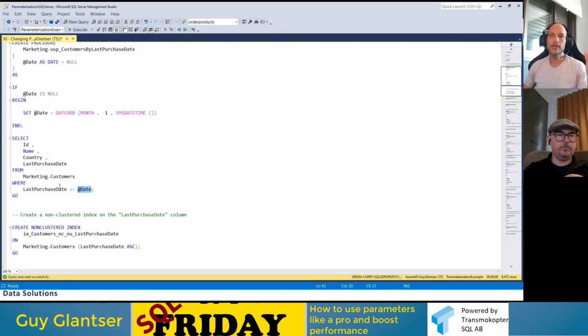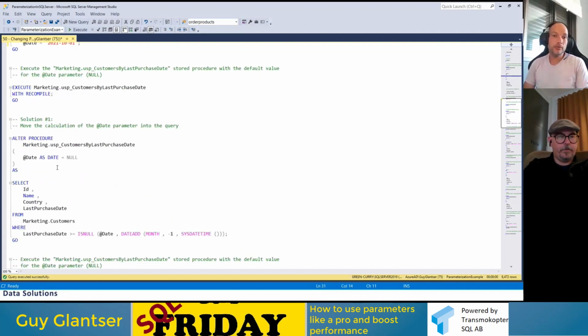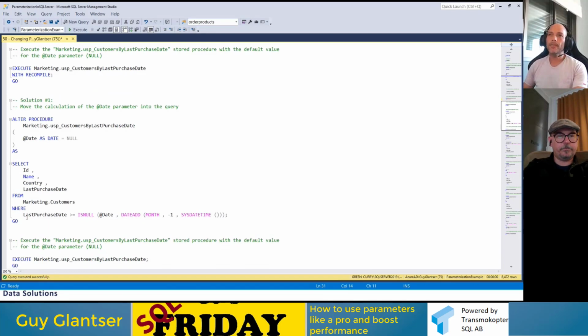It will never be 0. So it says 1. And of course, at runtime, we run this code. We change the parameter value to last month, and then we execute it. It's something else. Okay, so we fool SQL Server to think it's null, but actually we're going to use a different value later. That's a problem. And we have several ways to solve it, or at least try to solve this problem.